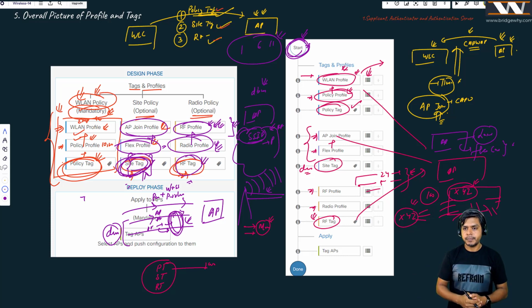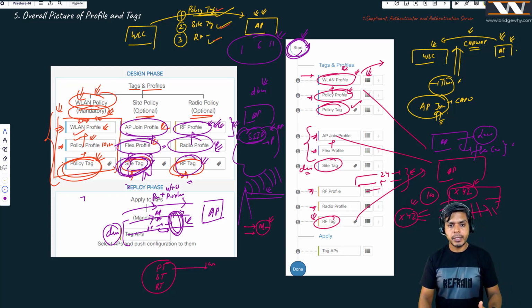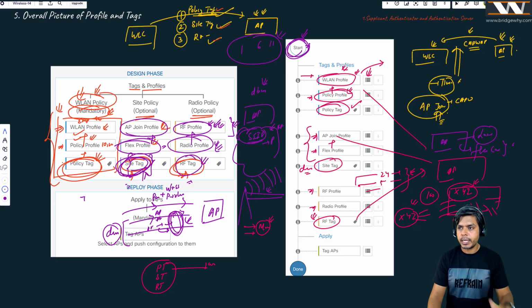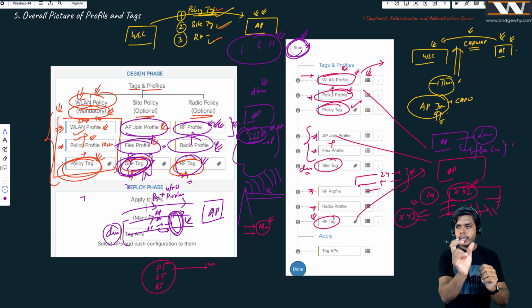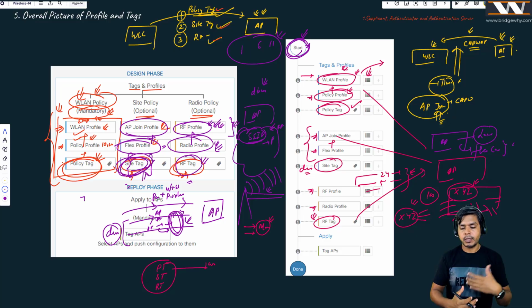As simple as that. You can filter APs on the basis of your regular expressions. Regular expressions are powerful tools with which you can identify your APs. For example, if an AP name has first floor and there are 100 such APs, you can identify those APs using regular expression. If you know about regular expression, that is good. Otherwise, it's a simple concept. Out of 1,000 APs, you can identify those 100 APs, and then through regular expression, you can assign these three different policy tags to the same APs, which are the result of this regular expression. Having said that, this is what I have with respect to profiles and